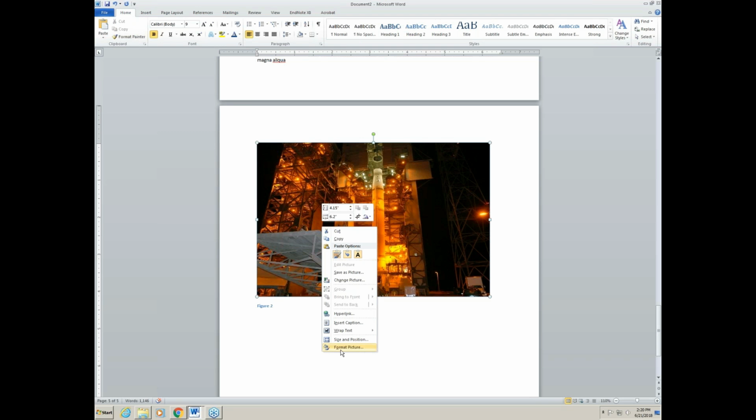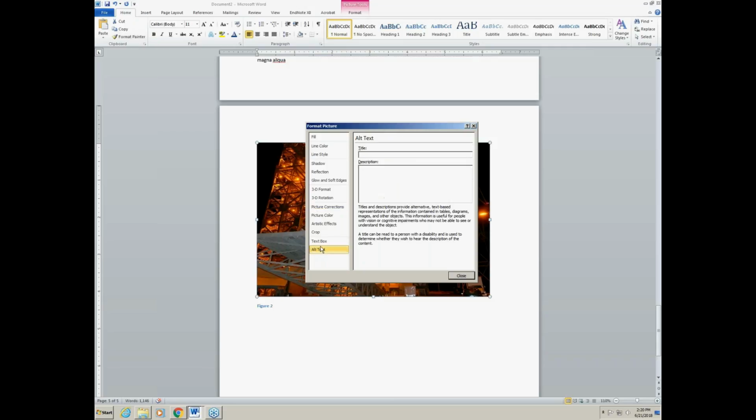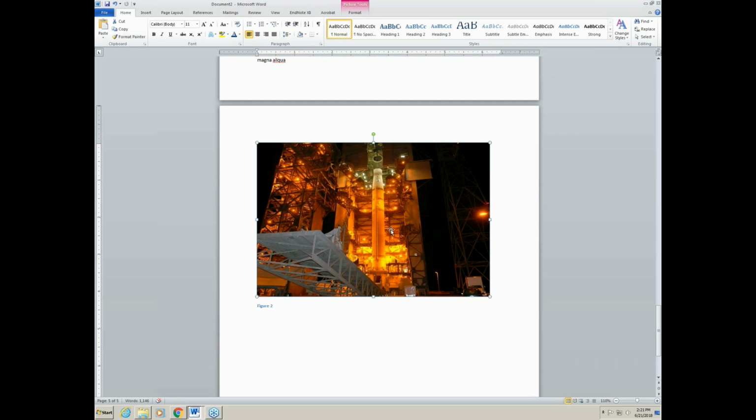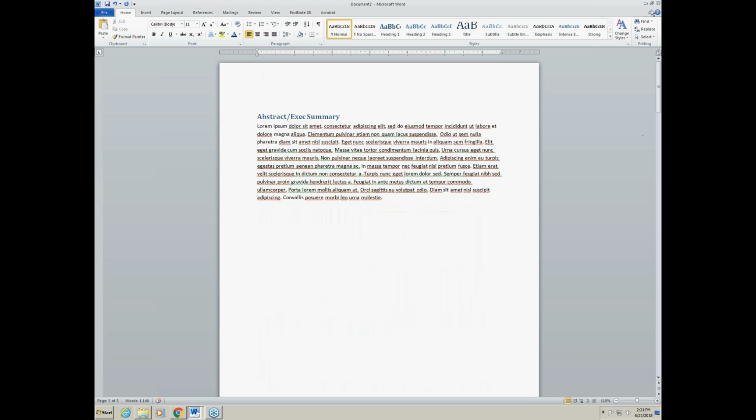And then if I right click on here and do Format Picture, at the very bottom here, there's alt text. I'm going to put in the alt text of what this is. I think this is GOES-R before it was launched. From here, so now I have two images. I have a table. I would really like to insert at the beginning of my document